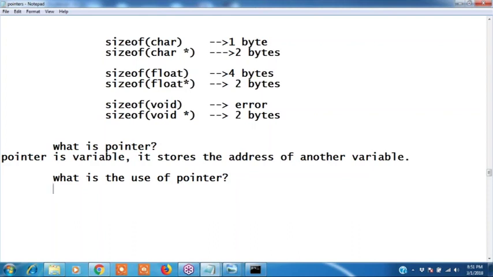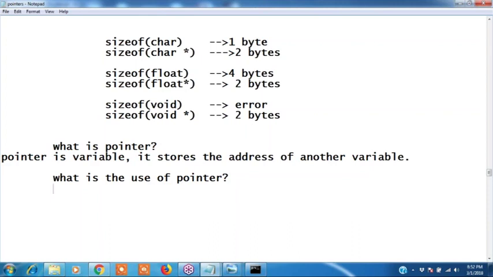Pointing means storing an address, right? We can get the value at the given address. We can get the address faster, so execution will be faster. Very good. That is the use of a pointer.